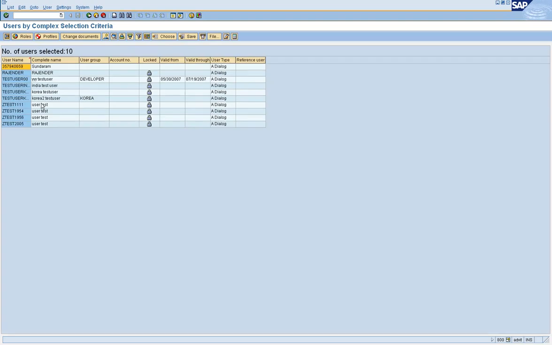So if you know the role name, you can find this information from the table AGR_USERS also. But again, that table does not give you the name of the user. So again, you'll have to find the name of the user from USER_ADDR. Understood?